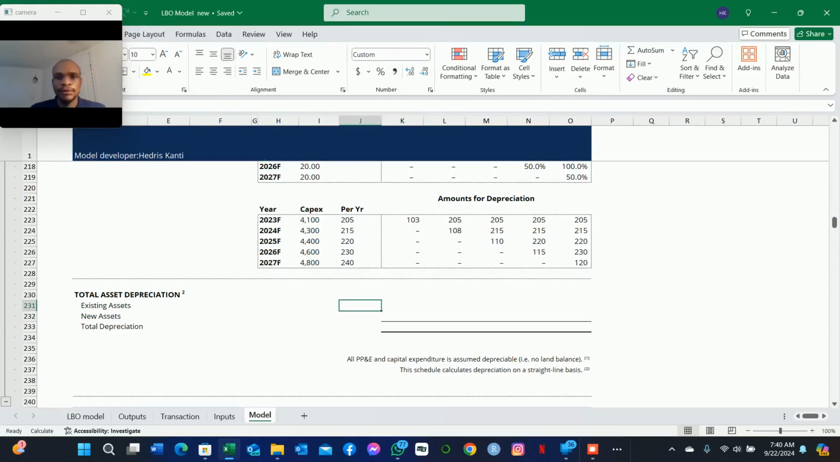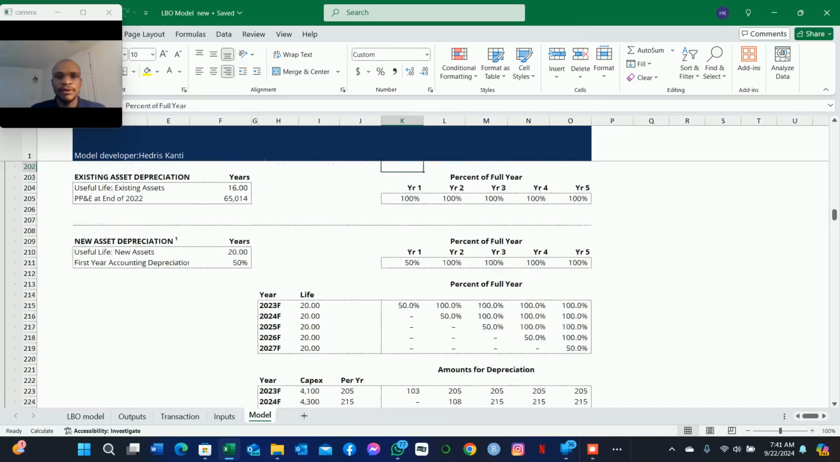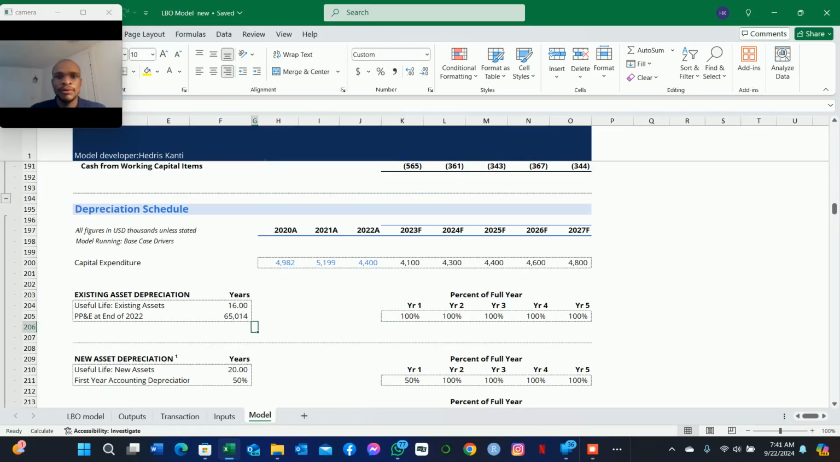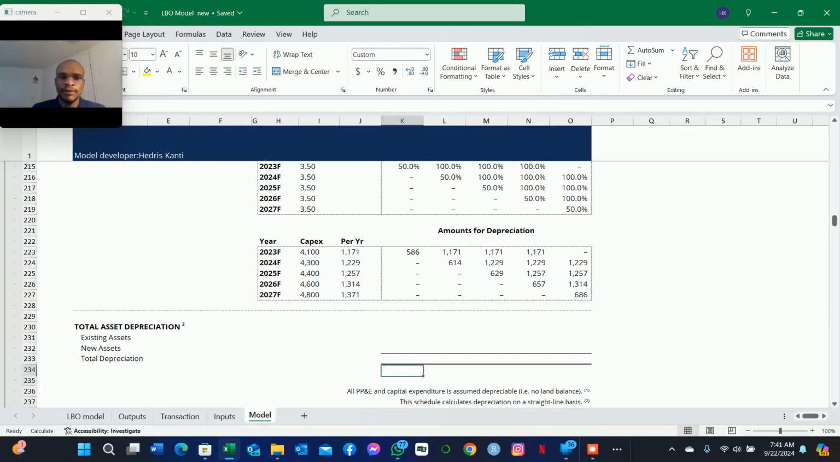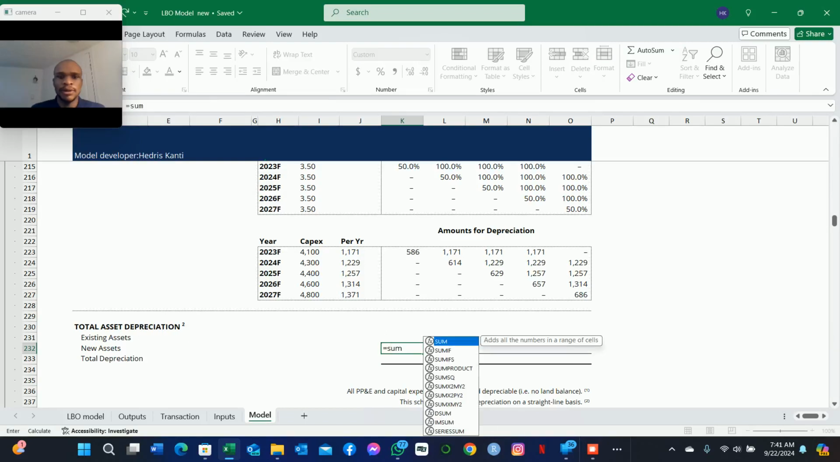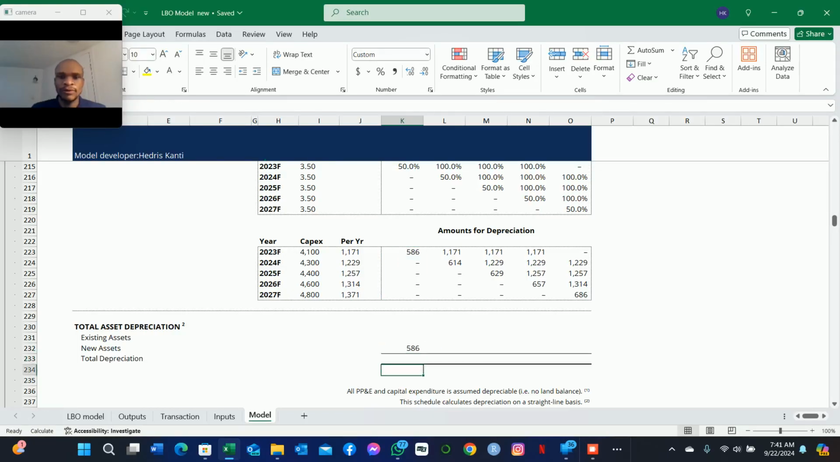So now we are ready to calculate our existing assets and new assets. In this case, we just want to flip this back to 2.5 years, and for the new assets, 3.5, as we earlier calculated. So for the new assets, it's going to be equal to the sum of all of the new assets, which we already calculated, and then for the existing assets, it's going to be equal to